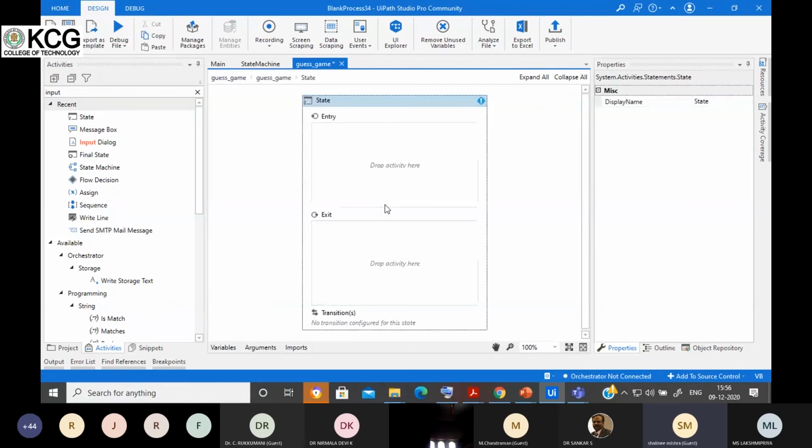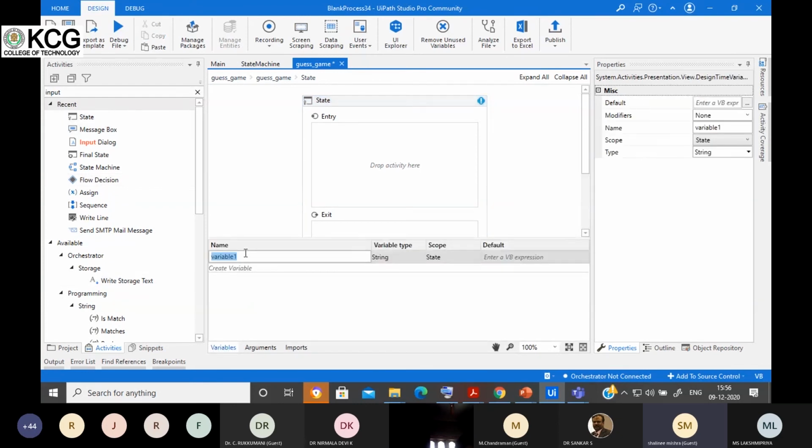Just double click here in the intersection. I'll use this assign activity. Or firstly, I'll create two variables so that I can directly use them. This is for the random number, and it would be of integer type.